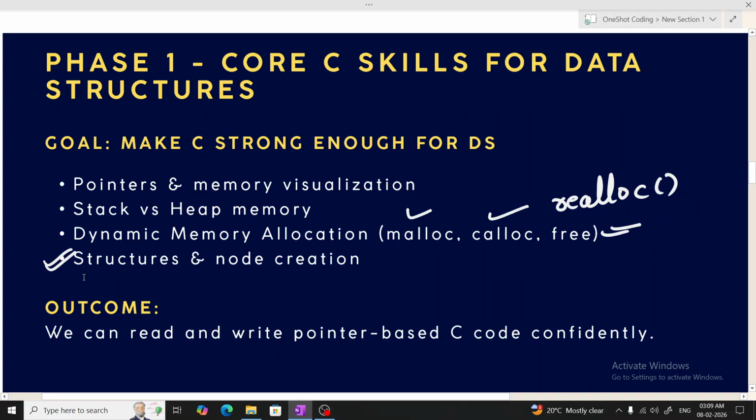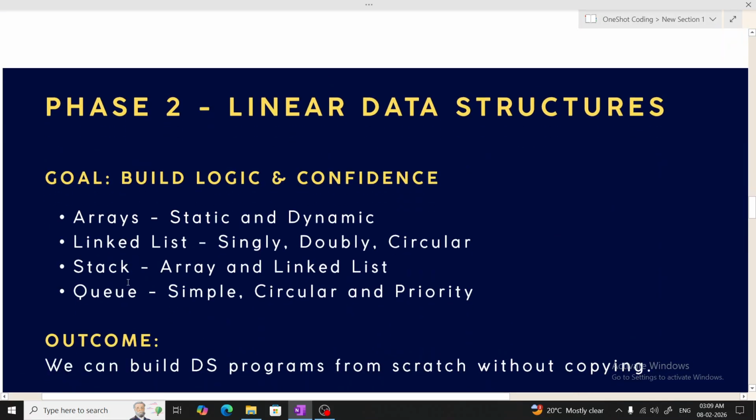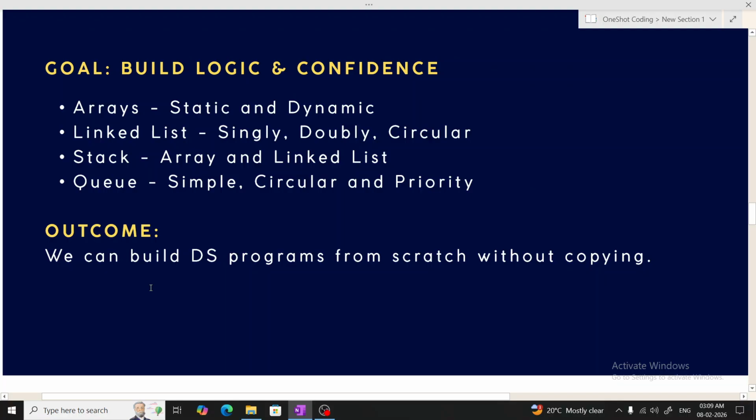Moving to the next phase of our course, phase 2. This is where real data structures begin. We will implement everything from scratch in C, like arrays. In arrays, we are going to implement both static and dynamic. Then we will cover linked lists. In this, we are going to cover all 3 types of linked list: singly linked list, doubly linked list, and circular linked list, and we will see the operations on each of them, like insertion,